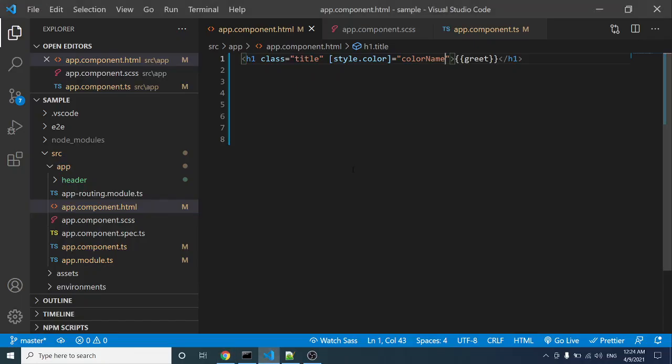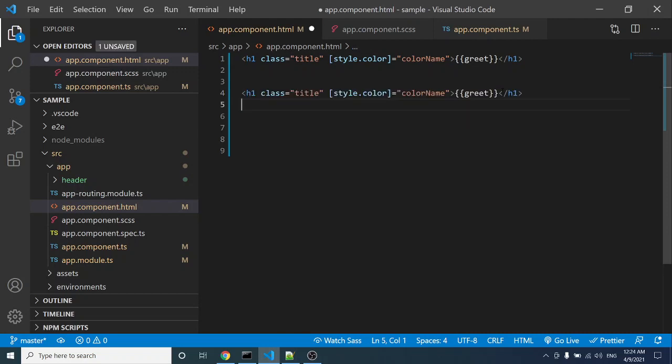Same as class binding, we can bind the styles based on a condition. Let's say we want to bind the color name based on a boolean value.